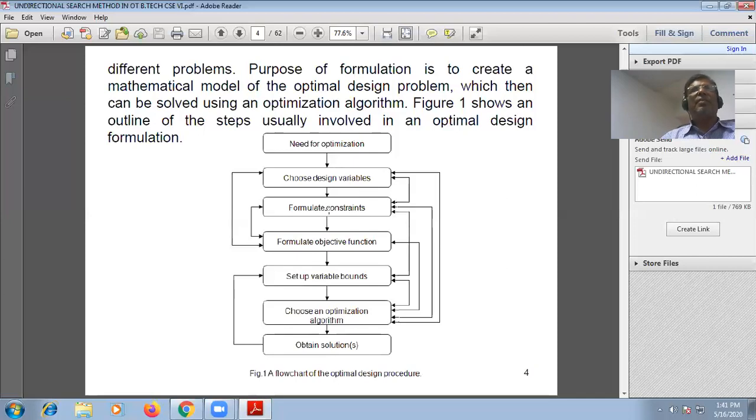In your 3rd step, you have to formulate some constraints, then formulate the objective function, then set up variable bounds. You can bound what should be the limits of the variation of the variable you have taken, and then choose an optimization algorithm. In support of your logic, you have to choose some algorithm that you can use during the solution of your problem.